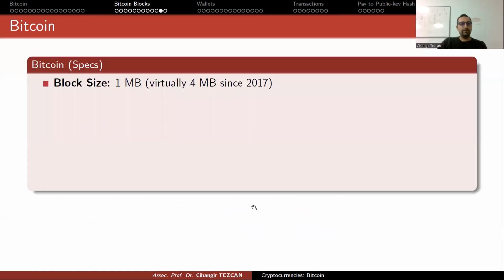All right. So we were talking about Bitcoin blocks. Let's look at the specifications of Bitcoin. So block size is 1 megabyte. Again, it is virtually 4 megabytes since 2017 due to an update here, because the main idea is that initially